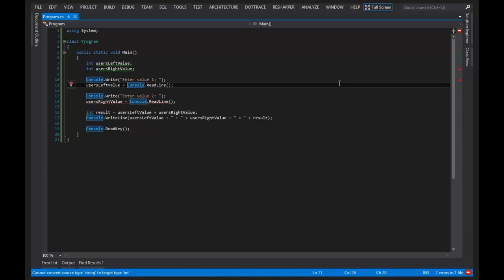Oh, somebody does ask, why do we put so many plus signs? I do want to point that out. The reason we have so many plus signs here is because these plus signs are used to concatenate these two strings together, and these two strings together, and these two strings together. The ones that you see that are not orange,